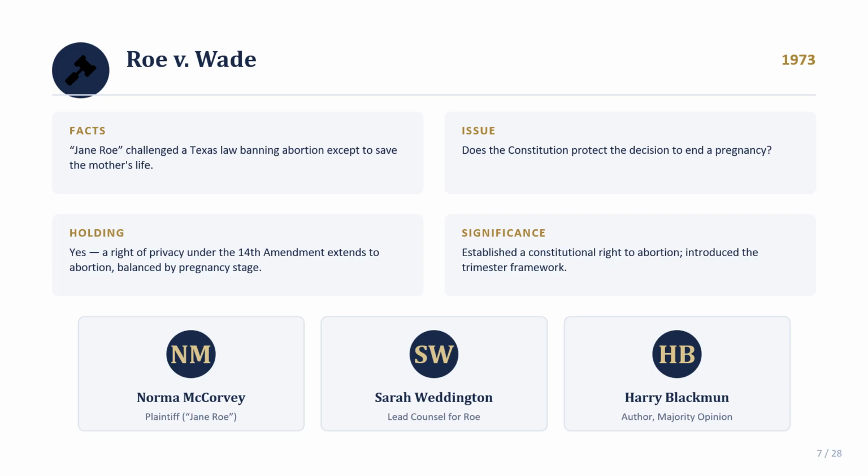Now, I have one last framing point before I move into the trimester framework itself, and that is that Roe's central innovation wasn't simply recognizing a right. It was recognizing a right that had to be balanced against a countervailing governmental interest that itself grows stronger over time. That structural feature, a right that weakens against government interest as the circumstances change, is genuinely unusual in constitutional doctrine. And it's exactly the feature that Casey would later restructure and that Dobbs would ultimately eliminate.